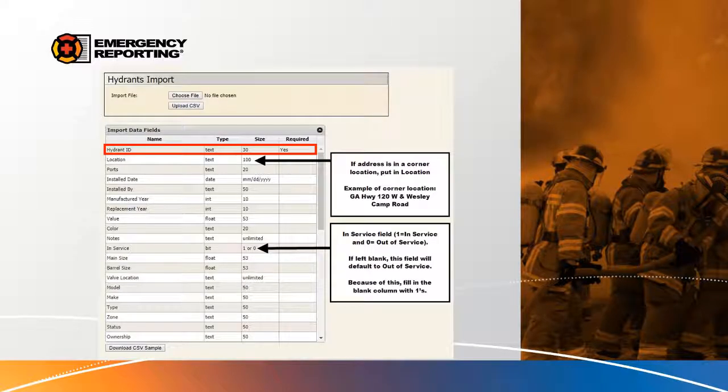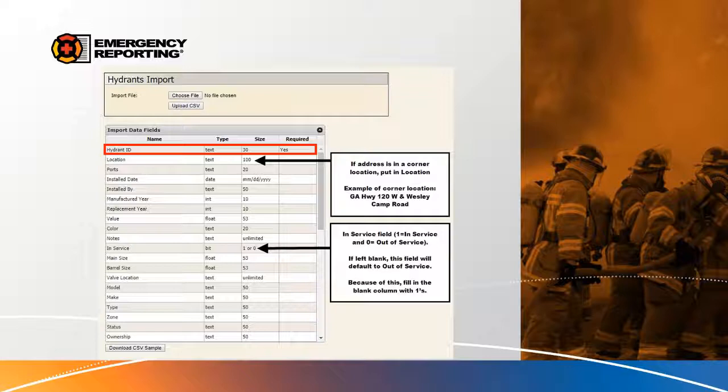Okay, and then the hydrants import is another one that is customer facing. It's a pretty popular one as well. We did have a flow test import that was customer facing originally. We just had to remove that because we had some issues with it conflicting with the hydrant import. The hydrant import is one that we're currently working on redoing to look like the equipment import, just to be a little bit more user friendly,